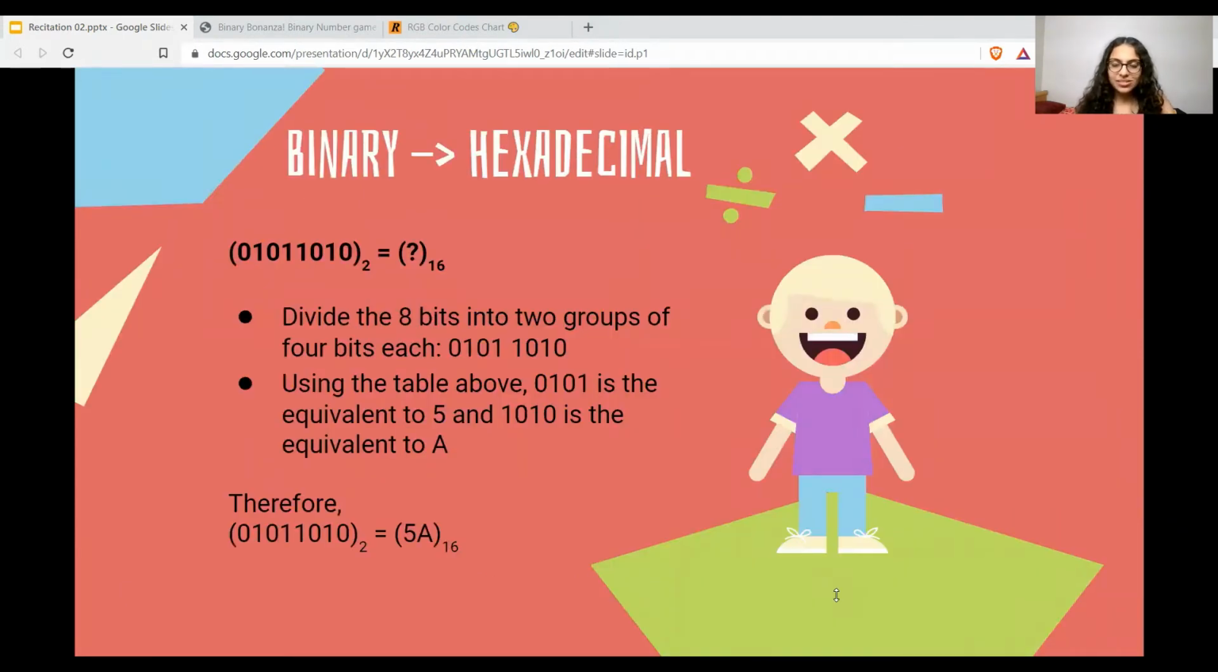Now let's start with some conversions. Firstly, we'll look into binary to hexadecimal conversion. Here the binary number is first divided into groups, where each group has 4 bits. So here we have 01011010. We will divide it into 2 groups, which will be 0101, which is the first group, and 1010, which